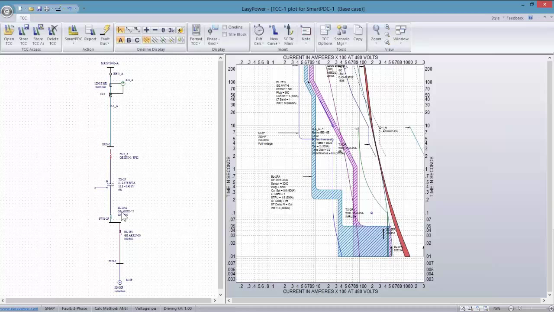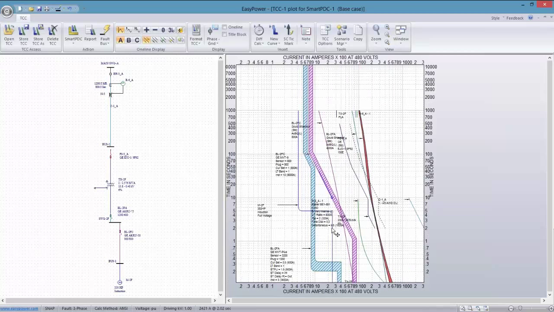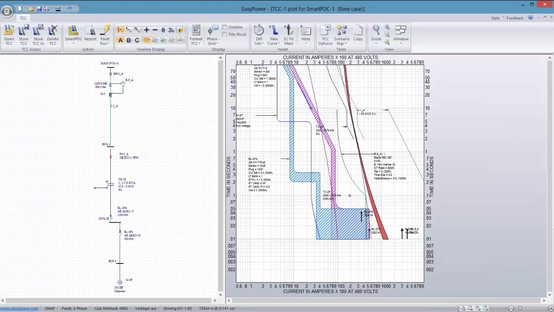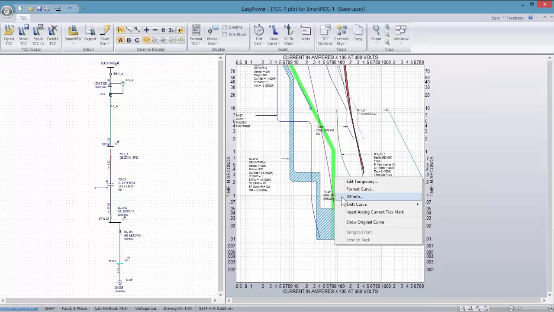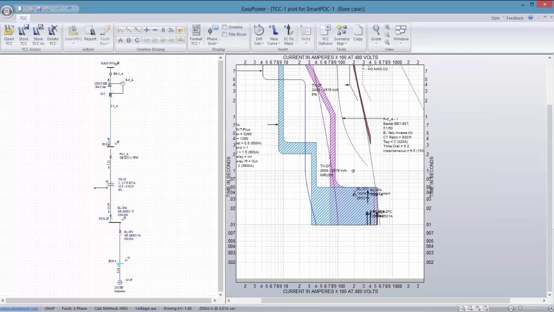BLF2A is actually the second breaker upstream, and we can see that it actually has a very likely probability of tripping as the motor executes a normal start. So what this is telling us is that although for an arc, let's go back and fault this particular bus, and we see that we can put the arcing tick mark on there, that this is where worst case arc fault would happen, and